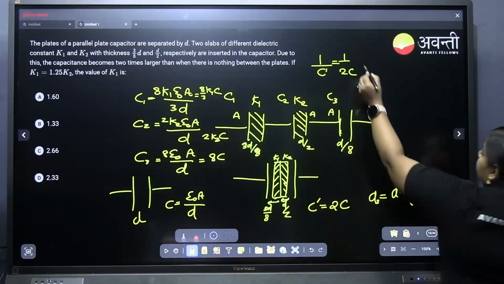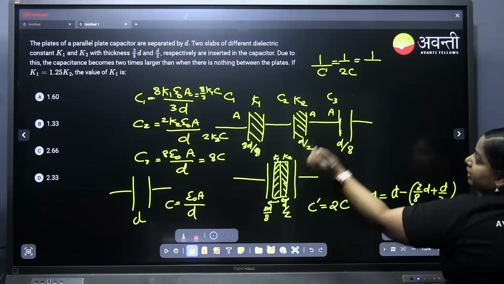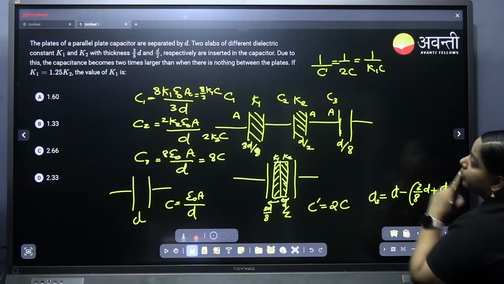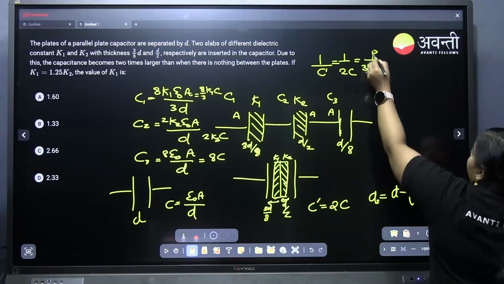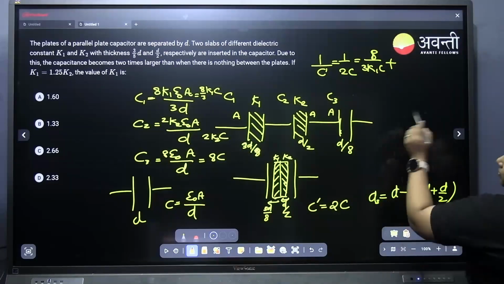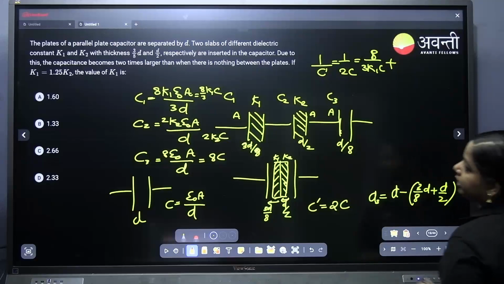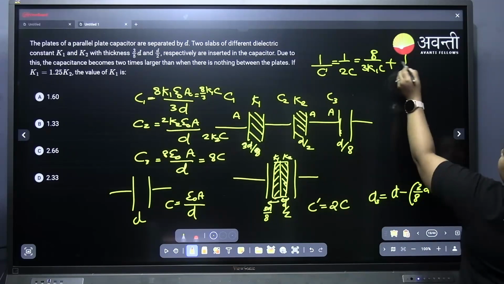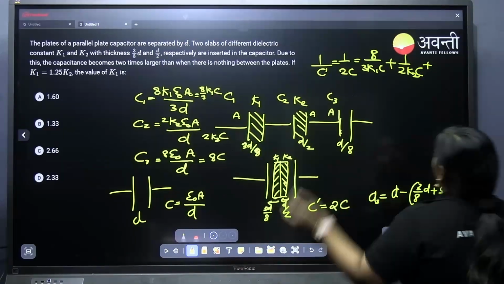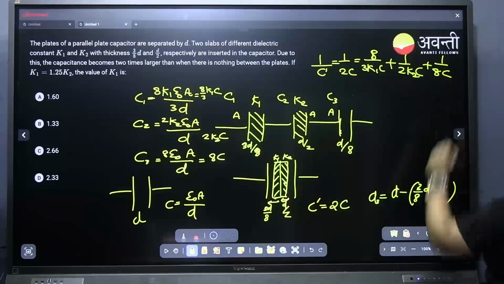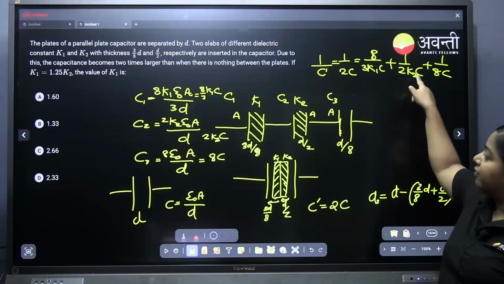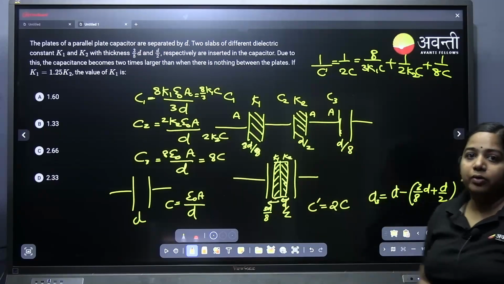Okay. So 1 by 2C equal to 1 by C1, that is equal to K1 C into 3 by 8, plus 1 by C2, that is equal to 1 by 2 K2C, plus third one 1 by 8C. C you can cancel out in every term and substitute K2 equal to